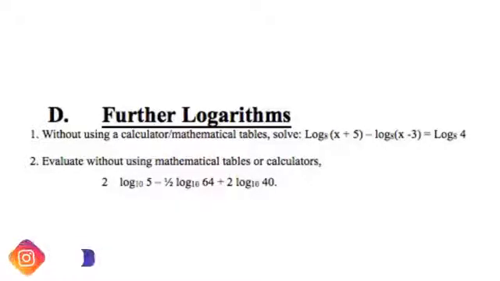Further logarithms. Without using a calculator or a mathematical table, solve log (x + 5) to base 8 minus log (x - 3) to base 8 equals log 4 to base 8. When you are faced with such a challenge, number 1, you identify if the logarithms have the same bases. Here they have the same base, which is base 8. Number 2, if they have the same bases, you collect the logs to the same bases on